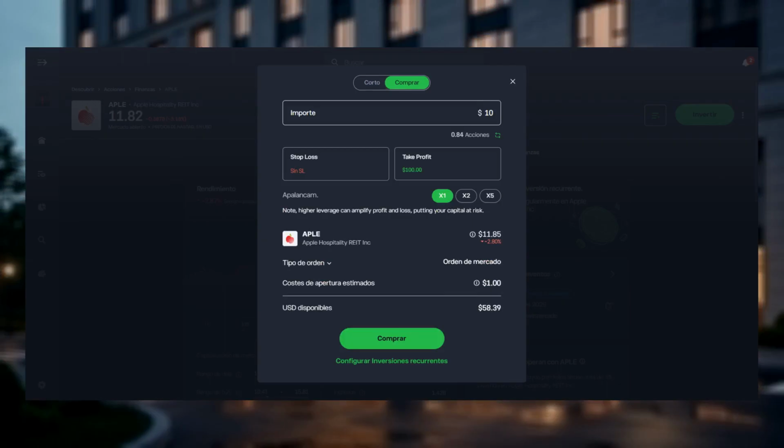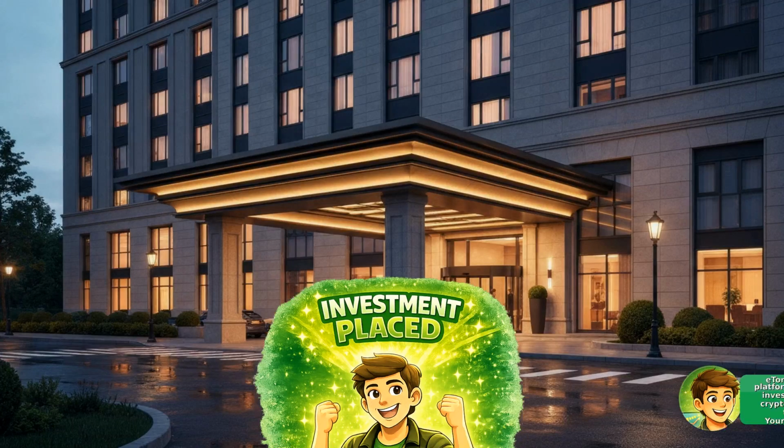If the market is closed, your order may be queued or executed at market open, and if you lack sufficient funds, the platform will prompt you to add money before confirming. Once filled, your position will